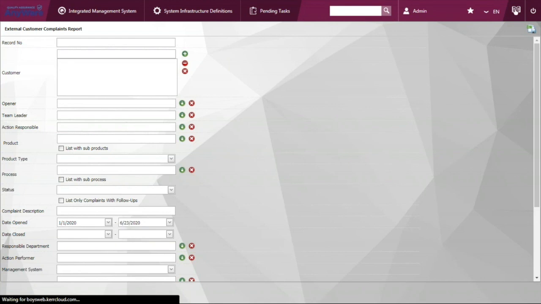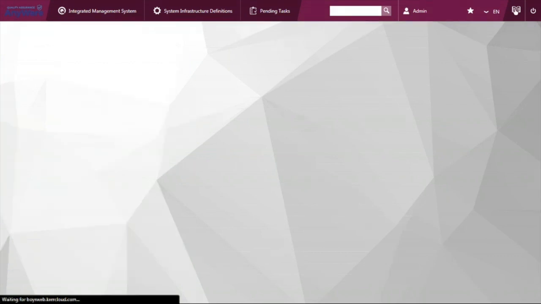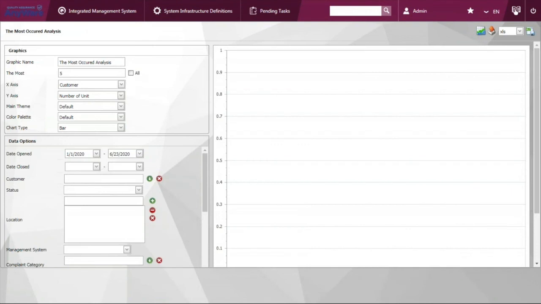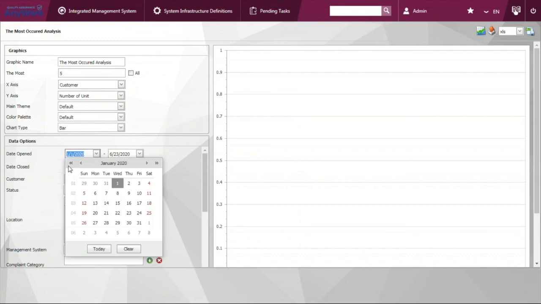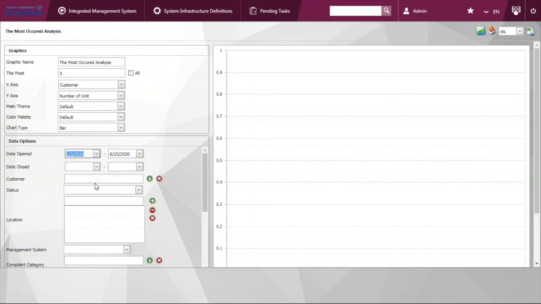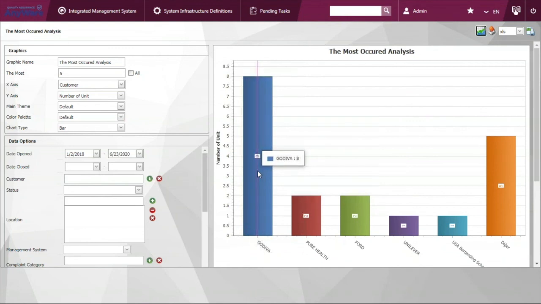For example, we want to see which department handled the most customer complaints, or we want to see which customer we filed the most records for in our system. So let's say we want to see the customer name and then set up our time frame. So let's say January 2nd, 2018, so that you can see which customer we filed the most customer complaints for.